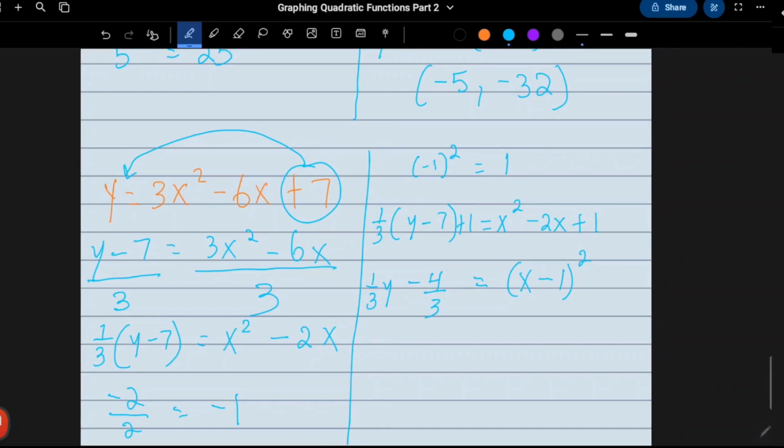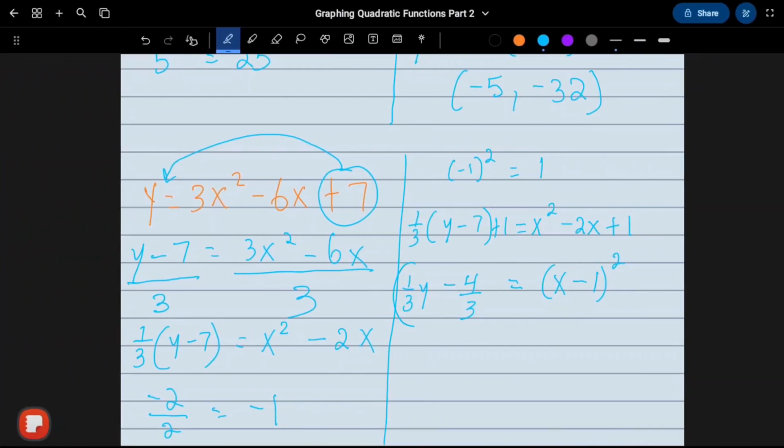All right, now this here, let me use a different ink. So I'm going to multiply this by 3, and then I'm going to multiply the other side by 3. So this gives me y minus 4 is equal to 3 times x minus 1 squared. And then the final step is to add 4 to both sides. So I have 3 times x minus 1 squared plus